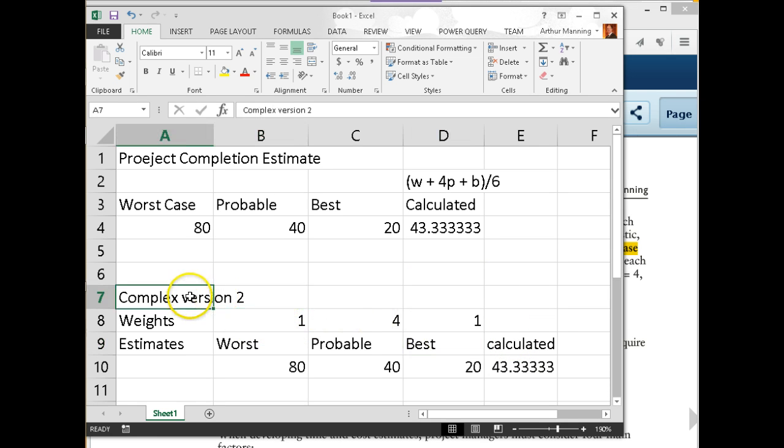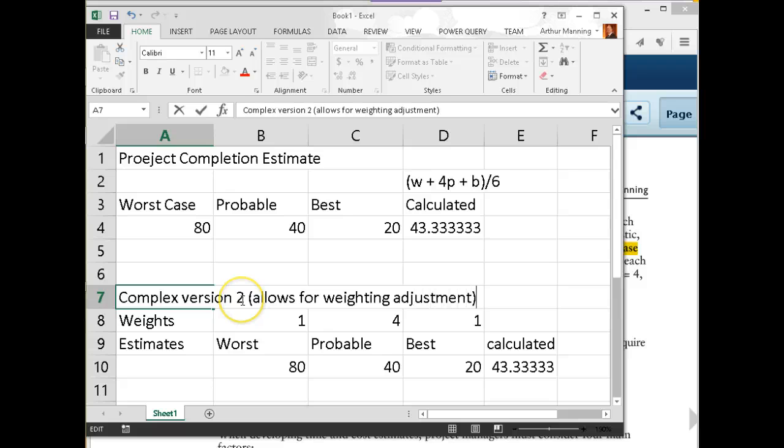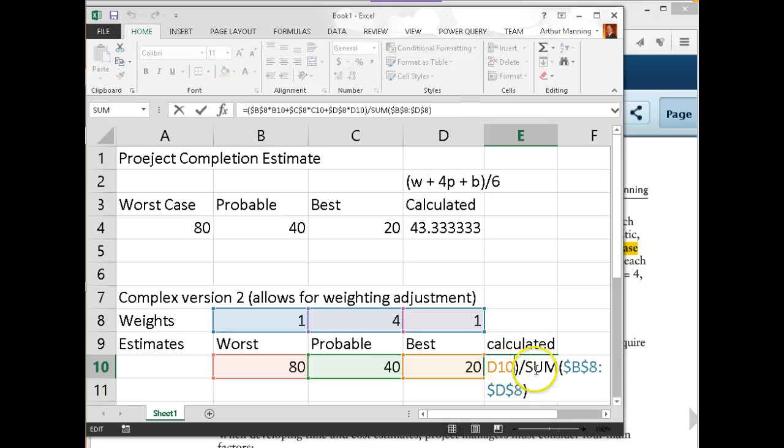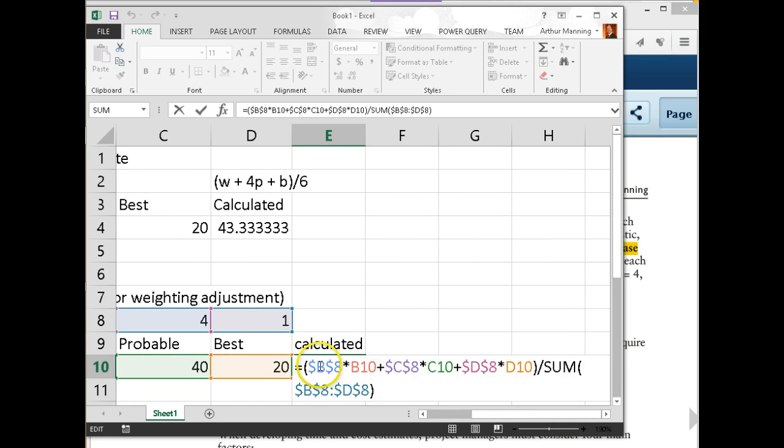So this one I'm going to put in parentheses here. Allows for weighting adjustment. The first formula assumes a 1, 4, 6 because I'm using 1, 4, and 6 right here in my calculation. Just hit F4 when you're typing in the cell reference, and it automatically puts the dollar signs around it. So here's the weight. I'm multiplying the weights